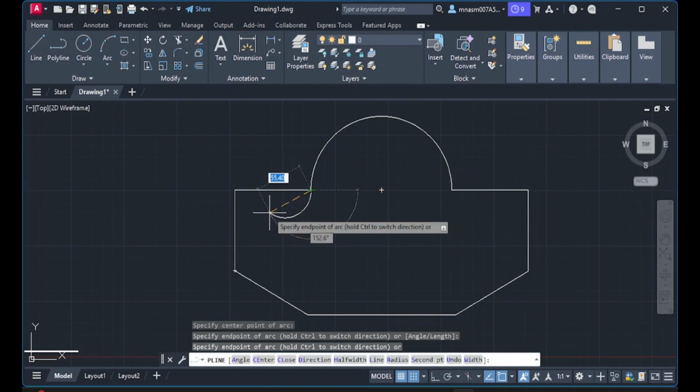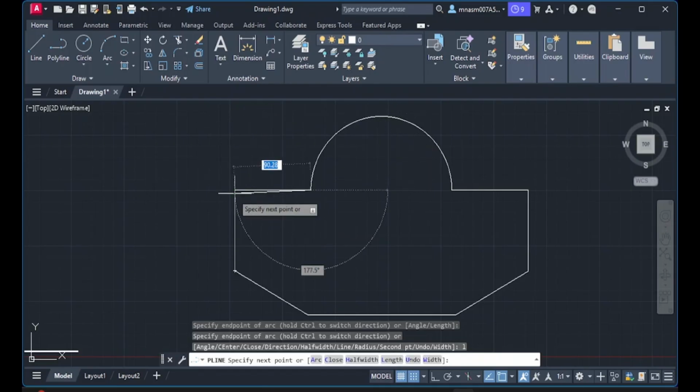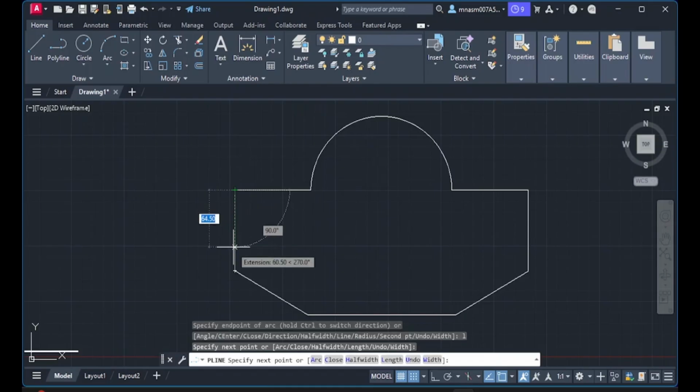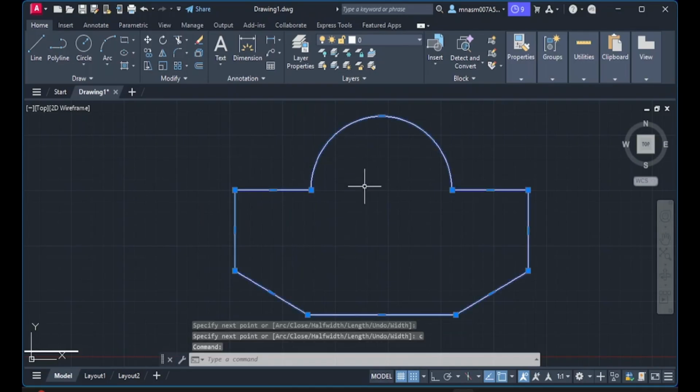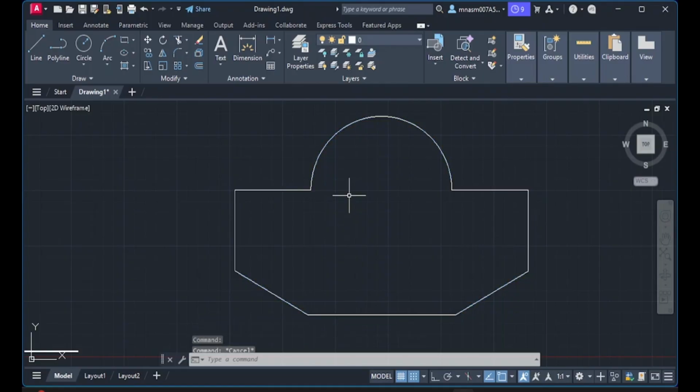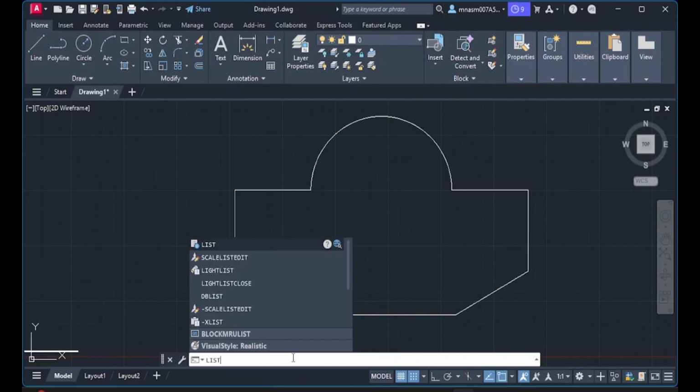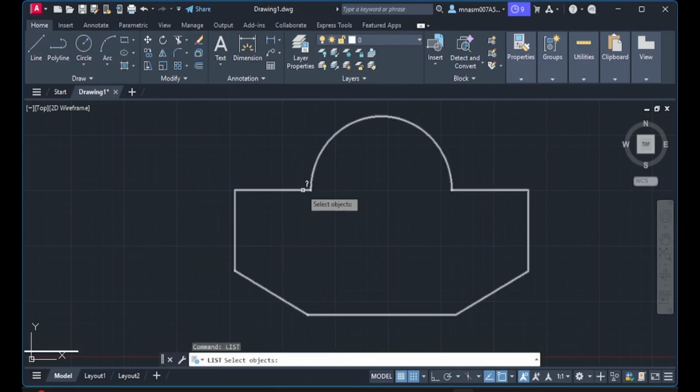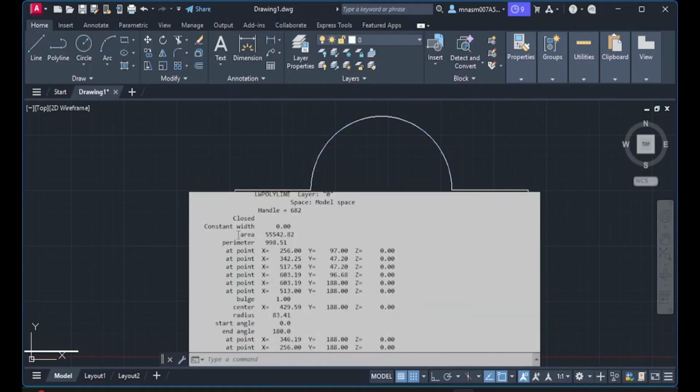And now if I have to go out of the arc command, I will type L and hit enter, and now I am again on the line, and now I will click on the next point, and then I will close it by typing C. Okay, now this is the entire closed geometry. Earlier it was line, now this geometry is enclosed by polyline. And to get the area of the enclosed geometry, I can use the list command, list, okay, and then I will select this entire geometry and then hit enter, and you see the area is here.